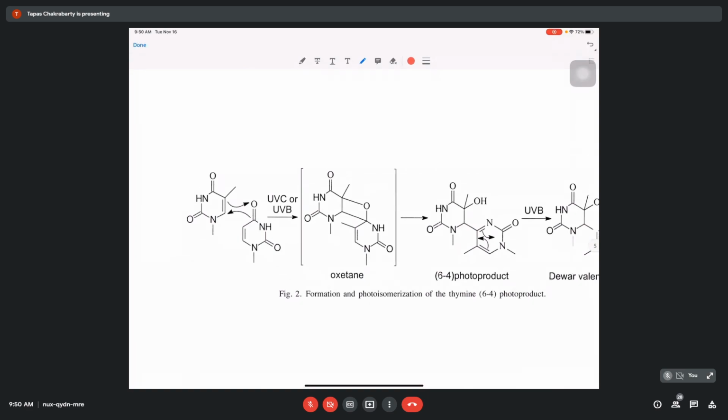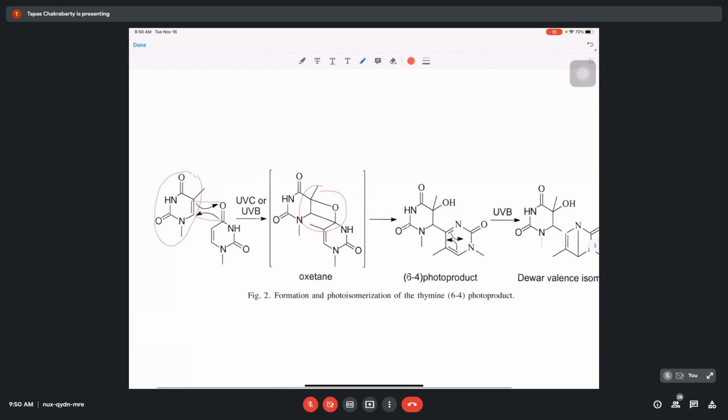But of course, the propensity of the reaction is smaller. Look here, this part of the thymine molecule has been shown a little shifted compared to this, so this double bond can combine with these and you can get this molecule. This is called the oxetane ring. Formation of this thymine photoproduct has been observed, but the oxetane ring is very unstable, so after formation it is mostly an intermediate. It immediately undergoes a photoisomerization reaction, and eventually the final product produced is like this. This is the photoproduct that has been observed.